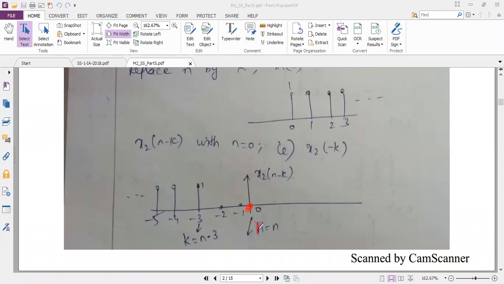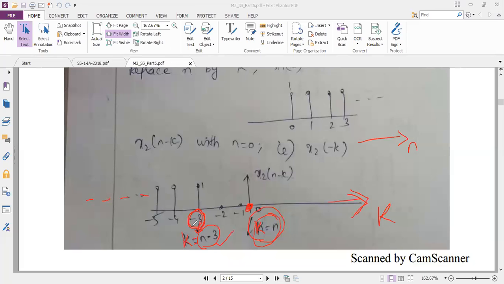Origin, as per the new diagram, the x-axis is k. So k is also equal to n, because in general my x-axis is n for the discrete time. So k is equal to n here. So from minus 3 onwards, I have the sample values. So I have to locate what is the value of k here. I know currently my x-axis is k. So how can I write k? K is equal to, in terms of n, n minus of 3. So the sample value starting from the index minus 3, so it is n minus of 3.